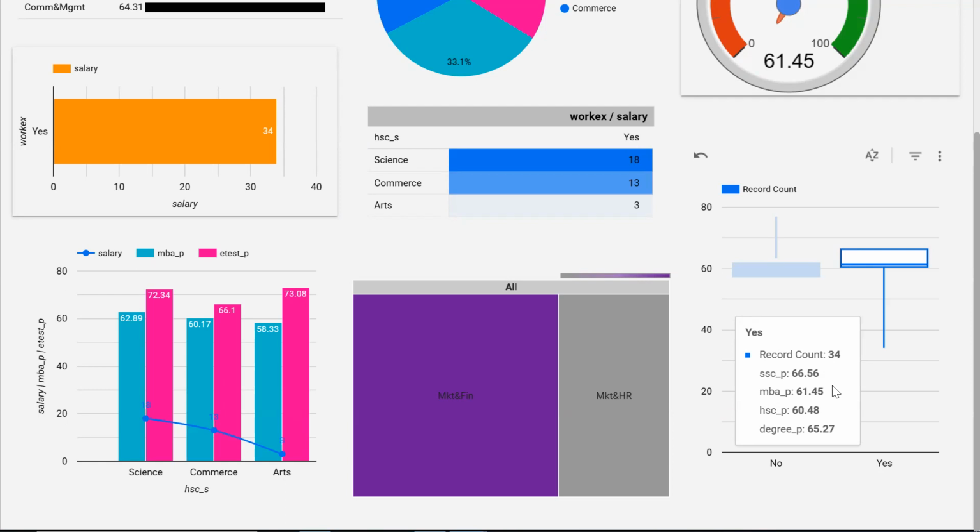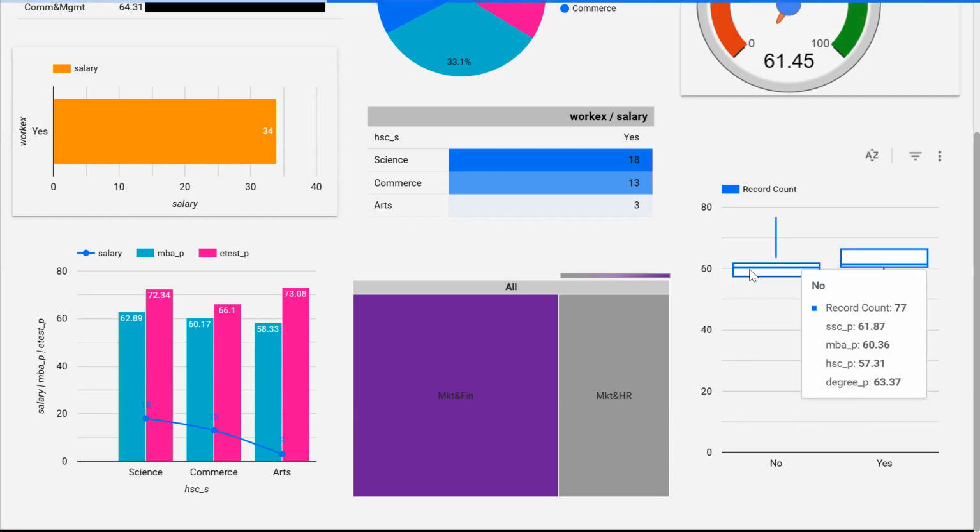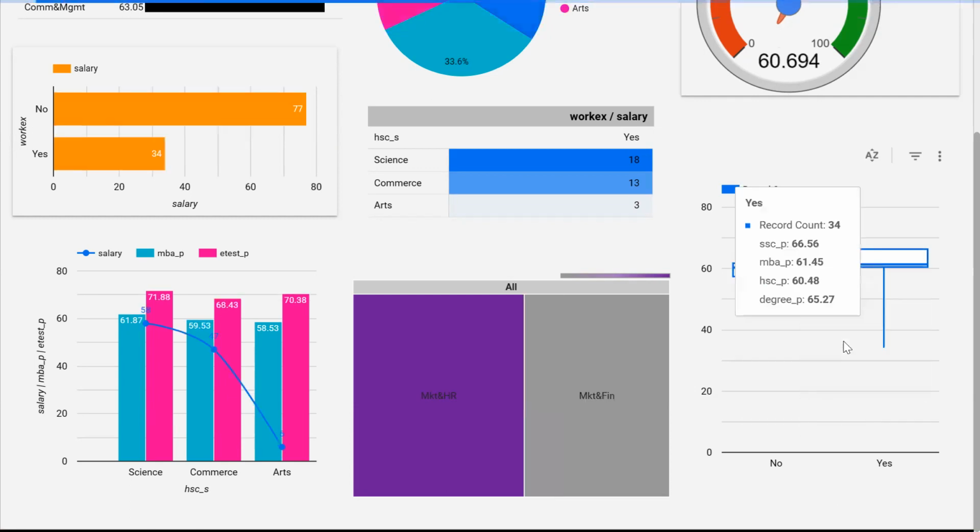So total count is 34. So here in this case, the work experienced guys are, I would say, much more steady when compared to the guys who are not having work experience, because here their average pass percentage starts from 60 to 66. Okay, whereas the guys who don't have work experience, it starts from 57